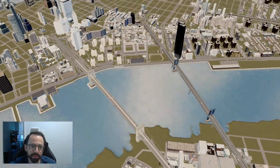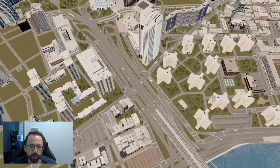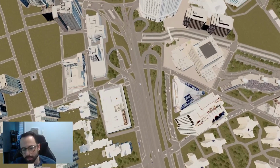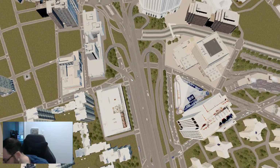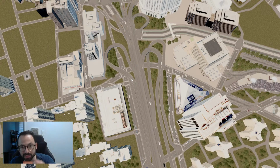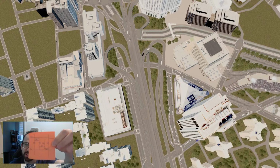How would you guys feel about me at some point in the future doing some more straight urbanism type topics, New York based still, like where's my post-it note? I have a post-it note here somewhere. Give me a moment. Oh, here it is. I don't know how well you can see this, but I'm waiting for the lag to show up and show me on the screen, but